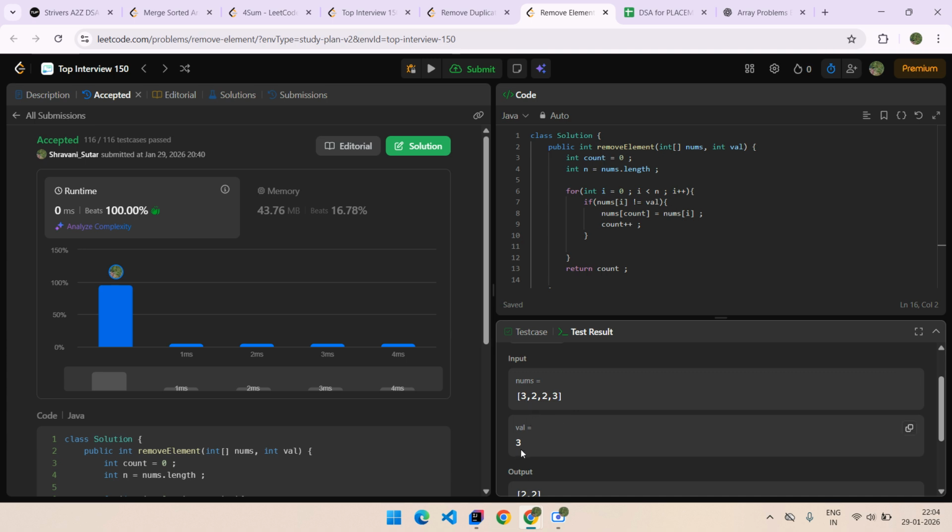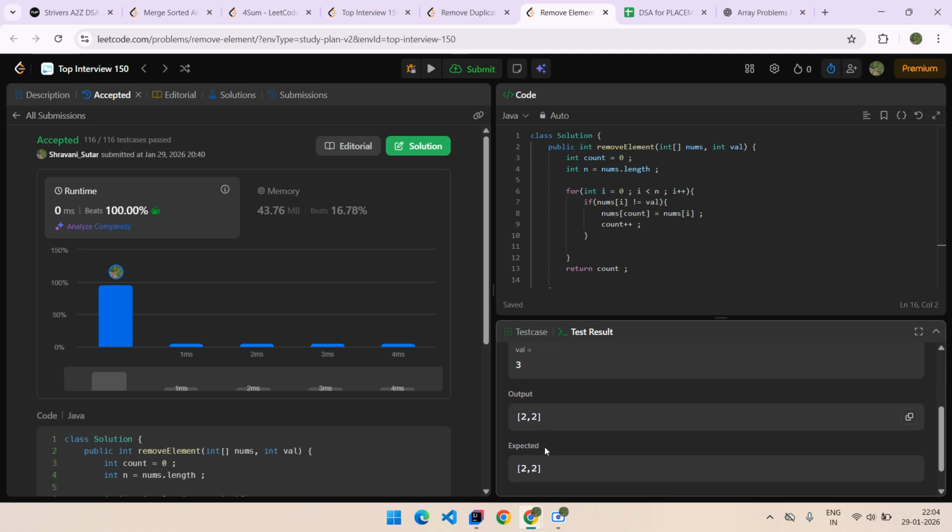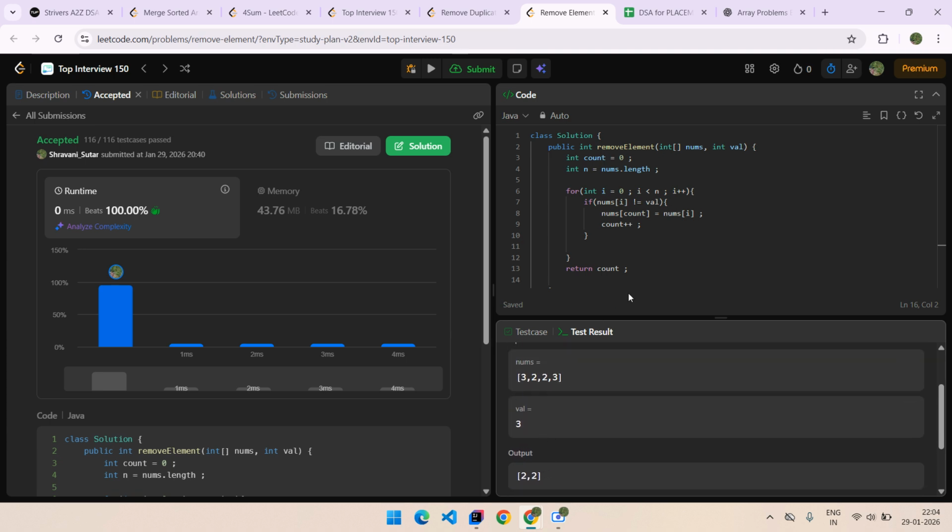If the value is 3, we skip the target value and keep only the other elements. The output is a count. So we initialize count to 0, and initialize the length of the array.